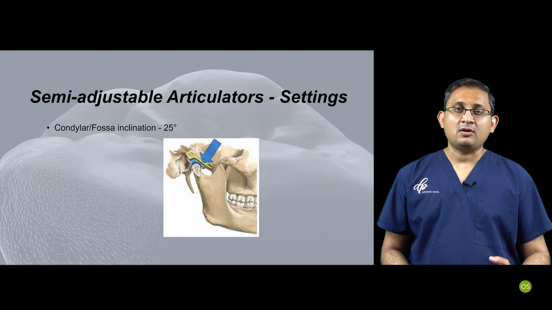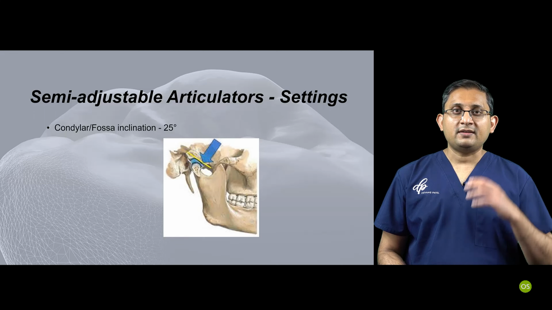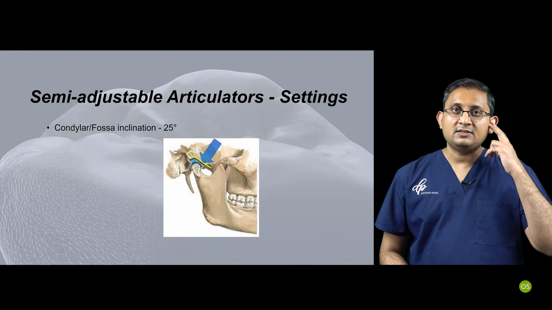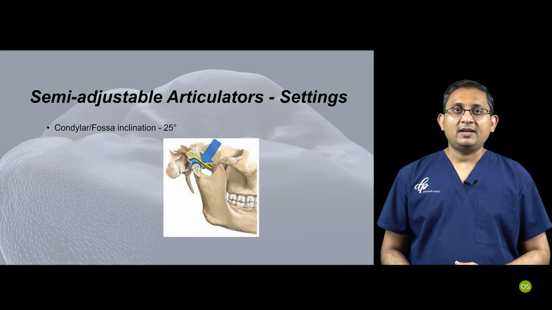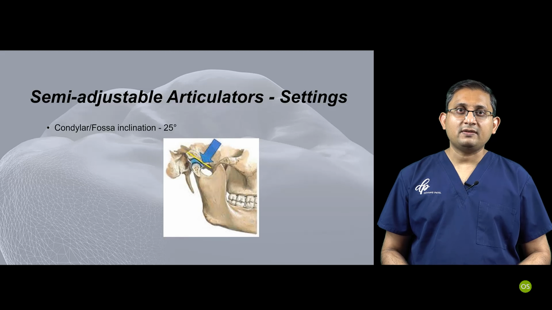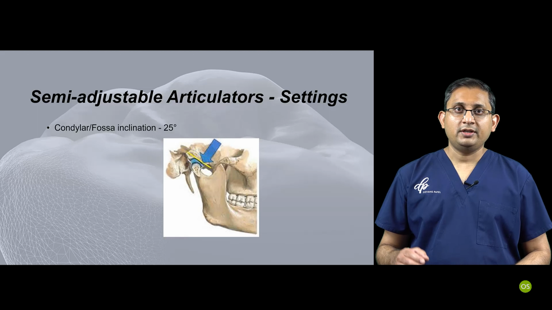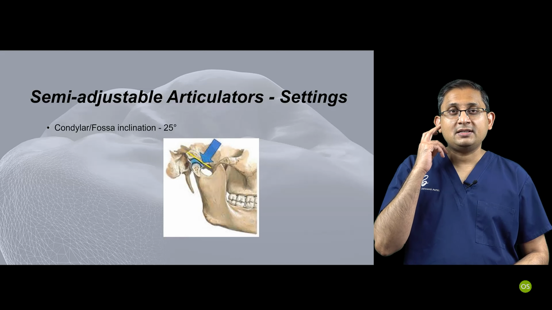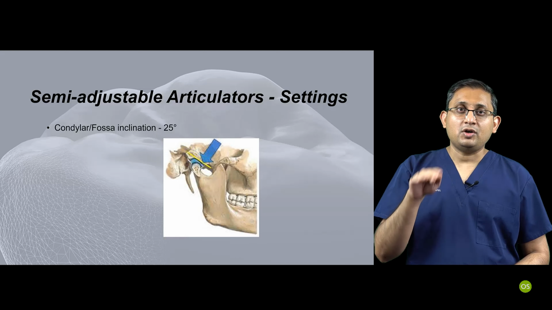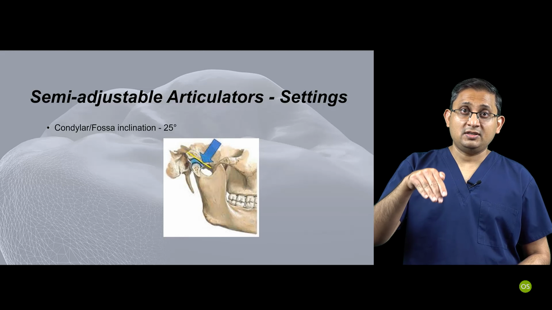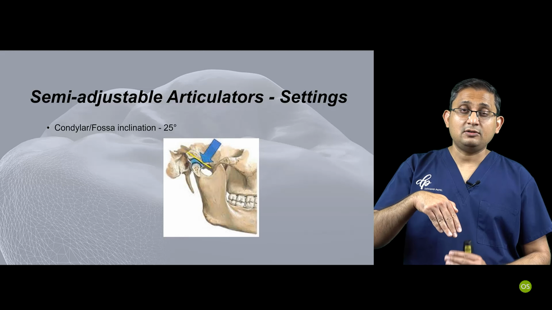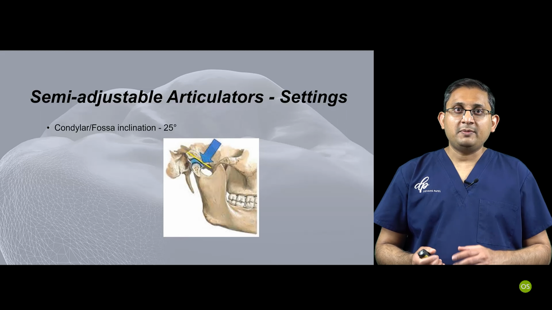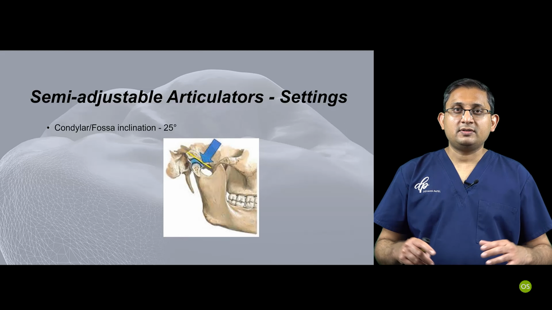As we discussed in our first series of videos, if the condylar inclination, let's say, is 45 in the patient's mouth, and you are using a condylar inclination of 25 in the articulator, the worst case scenario is the cusps are going to be slightly flatter. However, if you reverse that, if the patient's condylar inclination is 25 and your articulator condylar inclination is 45, which means there is an immediate disclusion, and you will be able to make nice steep cusps